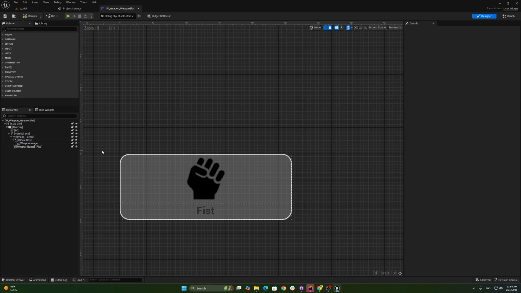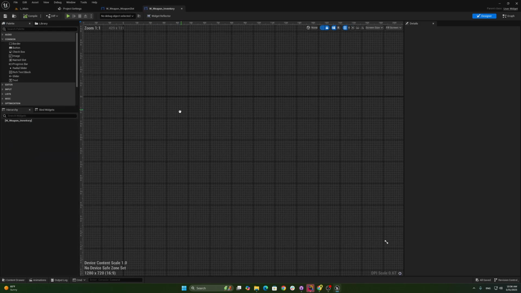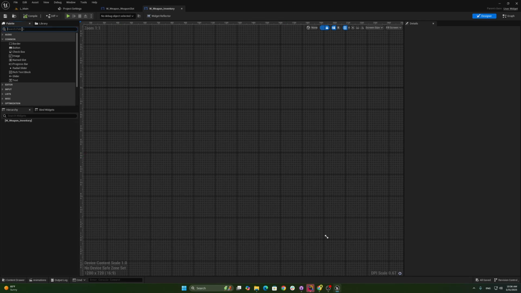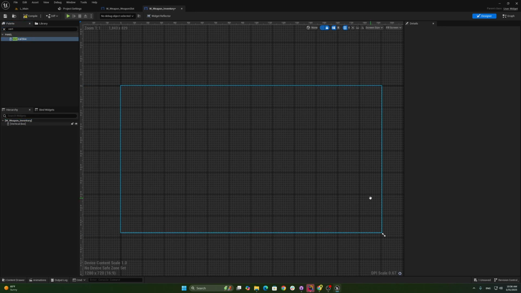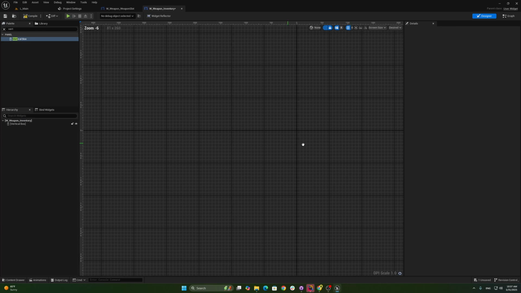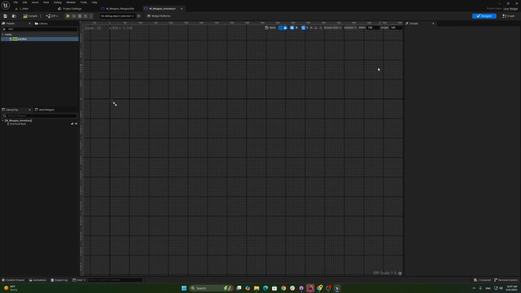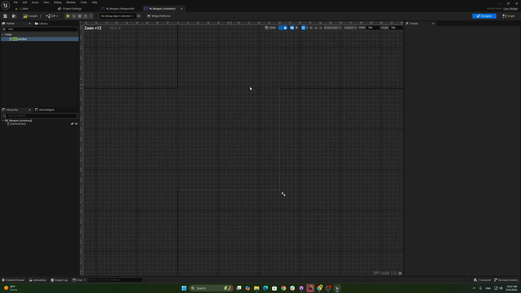Okay, so we need several pieces of information here in order to make this work. So let's first, we have the slot, and let's go back to the inventory and let's make the inventory, right? So same, this time we're going to start with a vertical box. This is going to be a desired size again. Okay, gonna go desired,